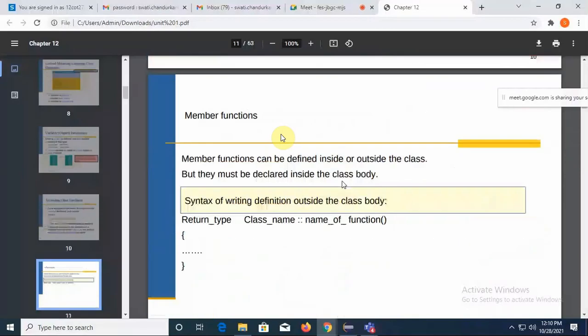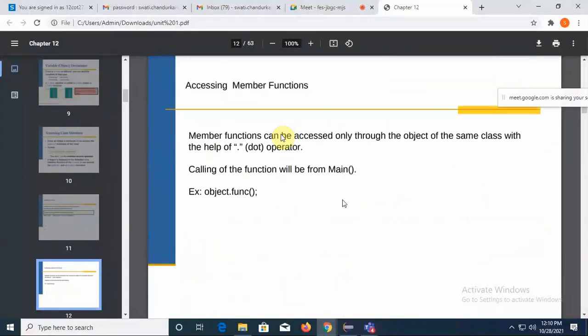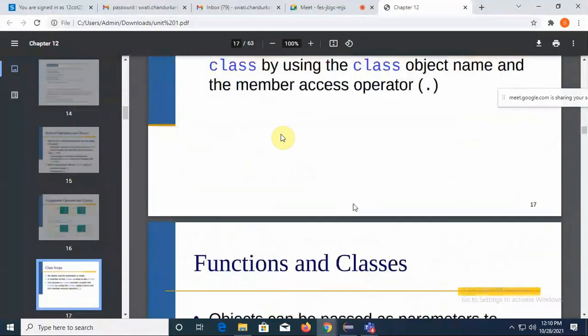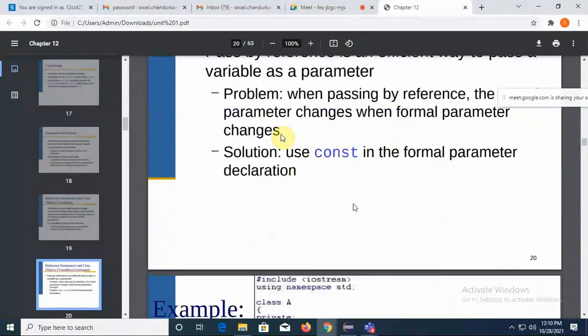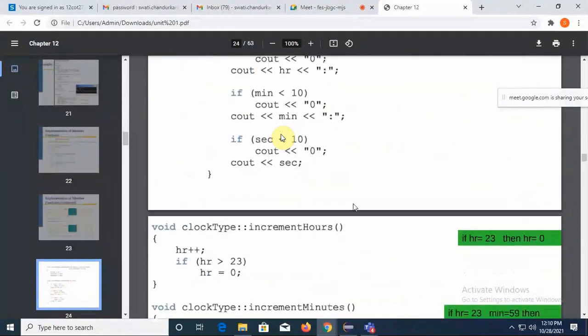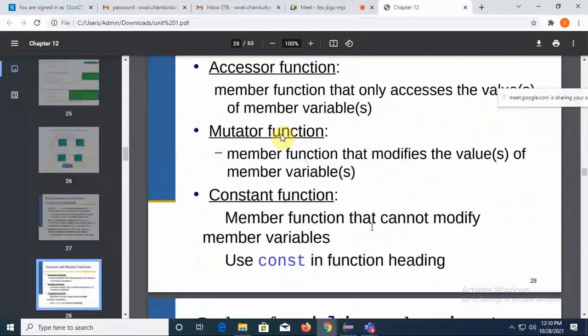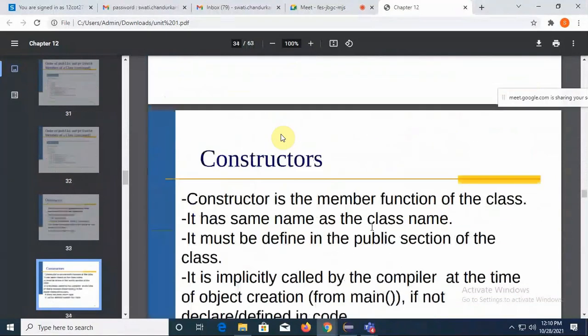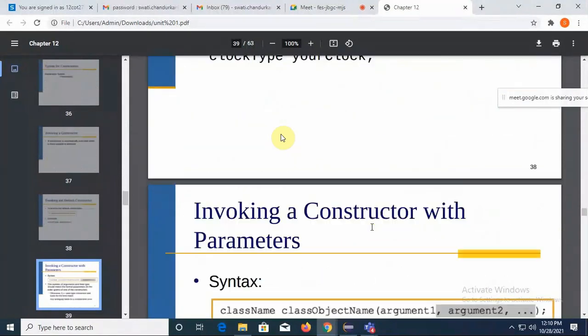Okay, what is constructor? Roll number 249. Yes, ma'am. What is constructor? Constructor is used to initialize the data members.